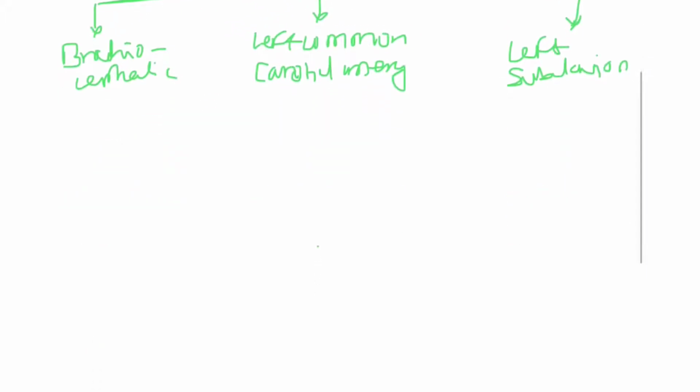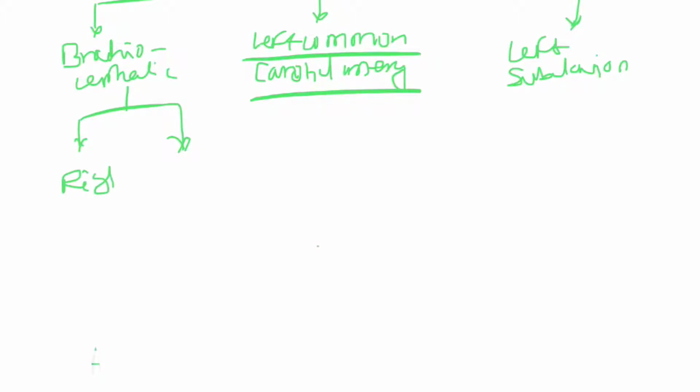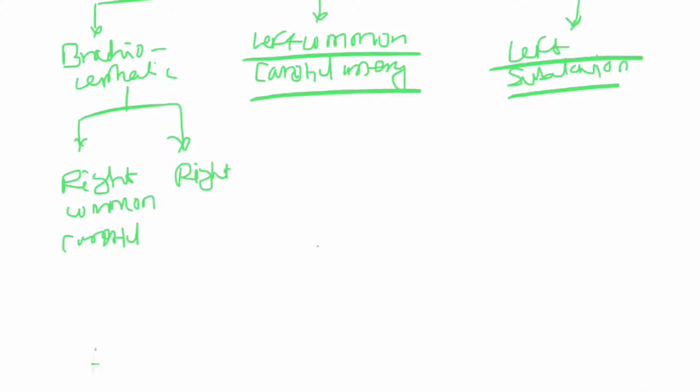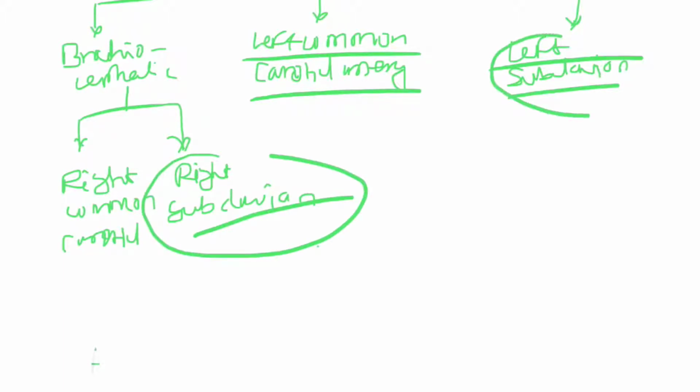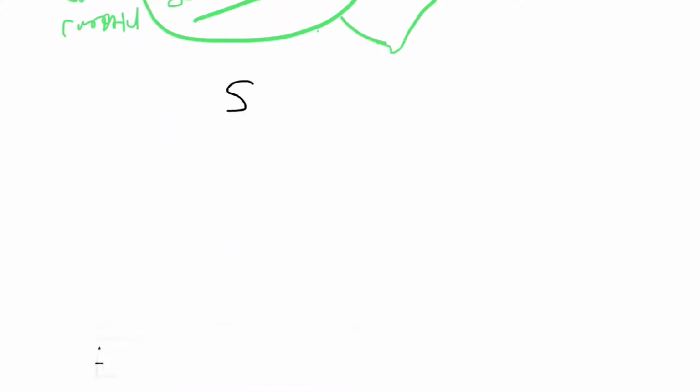Now from the brachiocephalic, two branches come out. Here we have the left common carotid artery, and here we have the right common carotid artery. And here we have the left subclavian, and here we have the right subclavian. So right and left, these go to the respective upper limbs. From the subclavian, blood goes to the axillary artery,